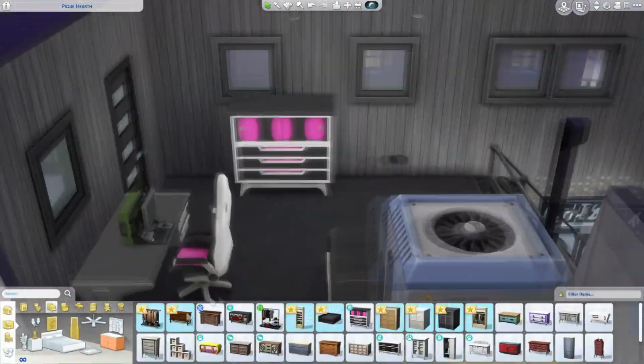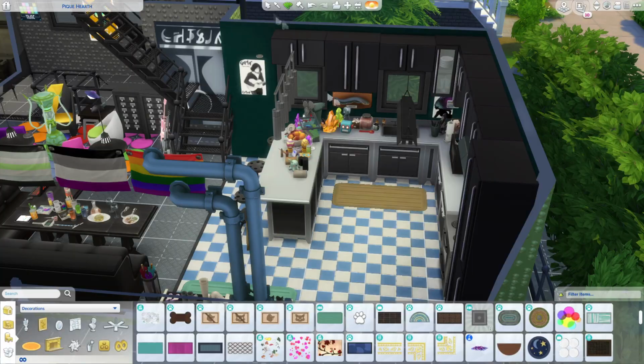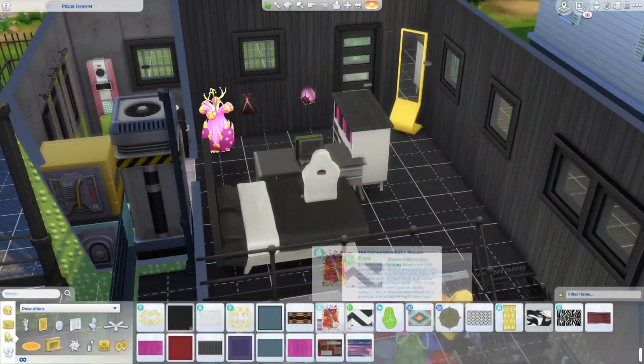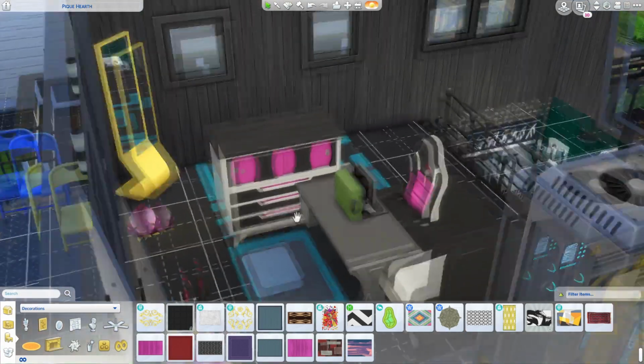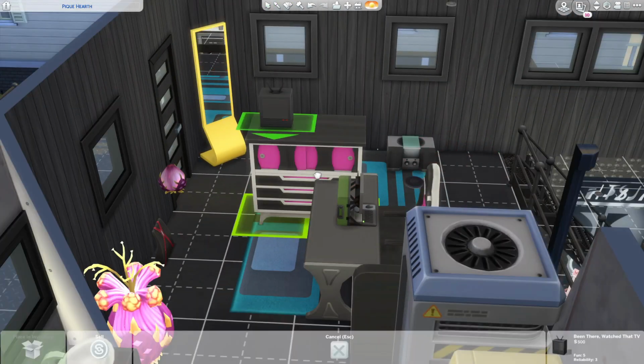And then when I went to take screenshots, I went in build mode because there was an event happening and I couldn't save the lot. I had to go to the main screen. You know what I mean. But that upstairs bathroom I really like because it's colorful for a bathroom, and I think they also